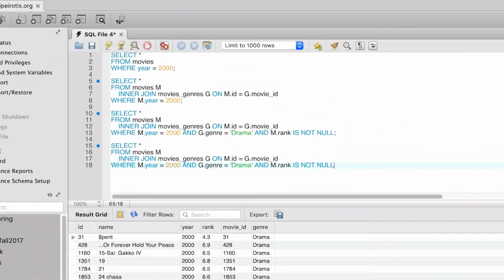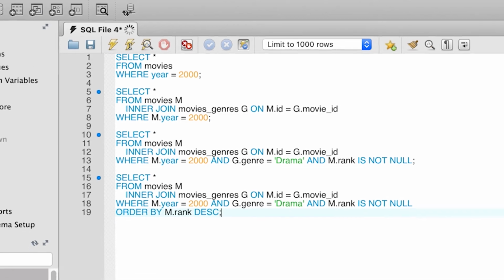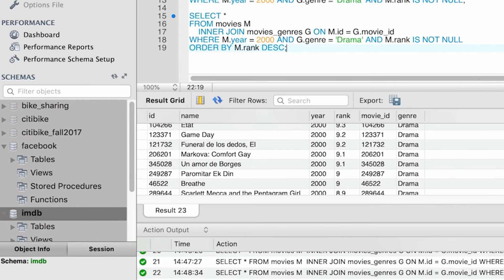For the first part, we add an order by clause: order by m.rank, and then desc, because we want the highest rated movies on top. So we execute, and now we get the movie Era outra vez being the top drama movie in the year 2000 with rank 9.6, then 9.3, Game Day 9.2, Funeral de los Dedos 9.2, and so on.